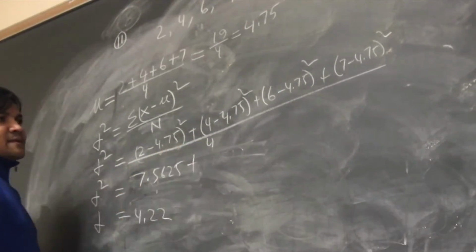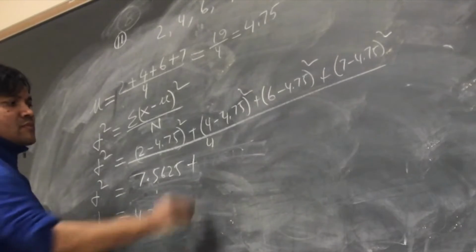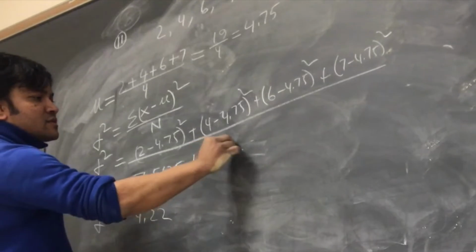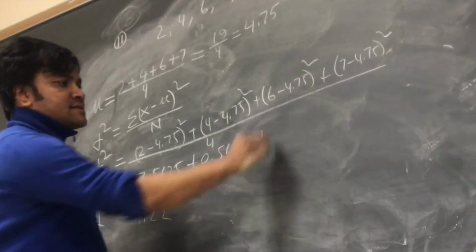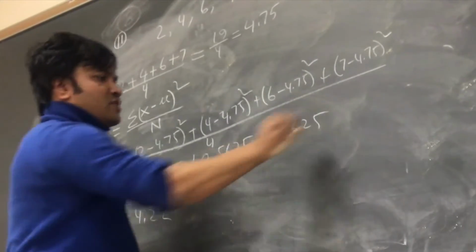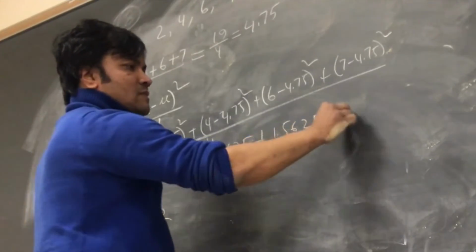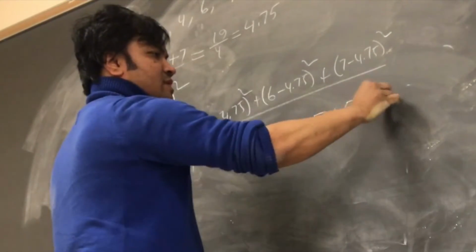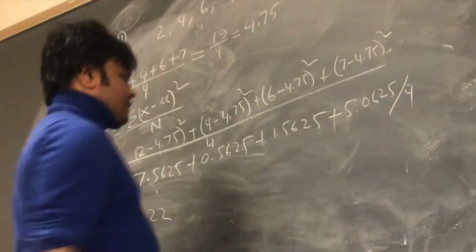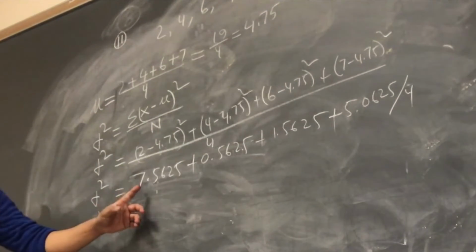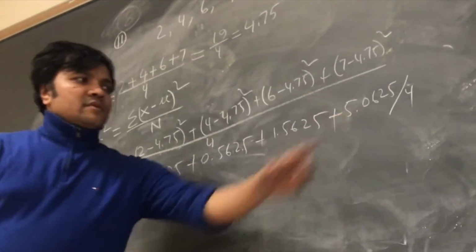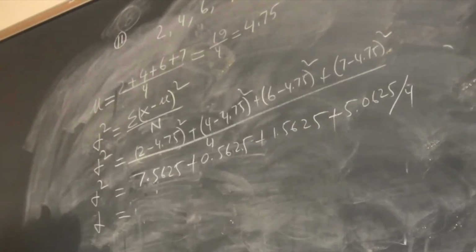5625. That's fine. Plus 0.5625, plus 1.5625, Eddie, you can verify individual data. Plus 5.0625. Divide by 4. Eddie, you please verify each one, yeah, because